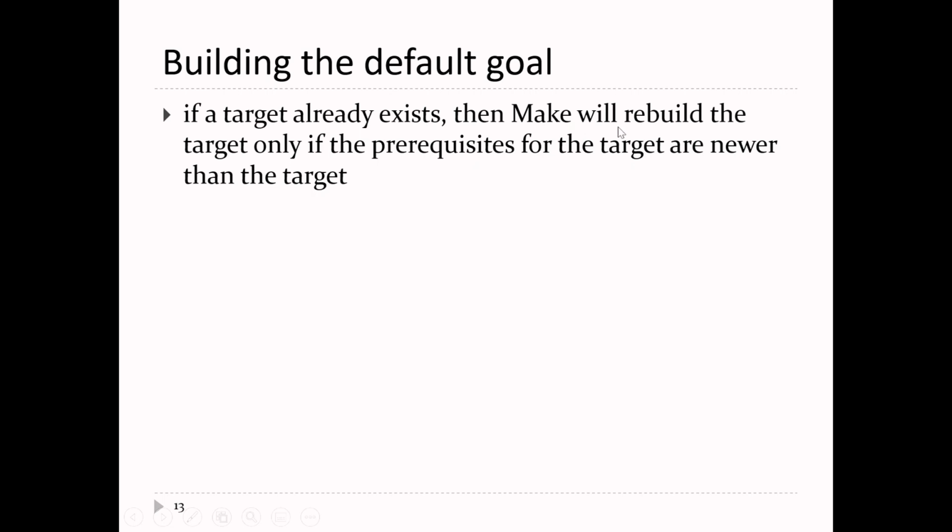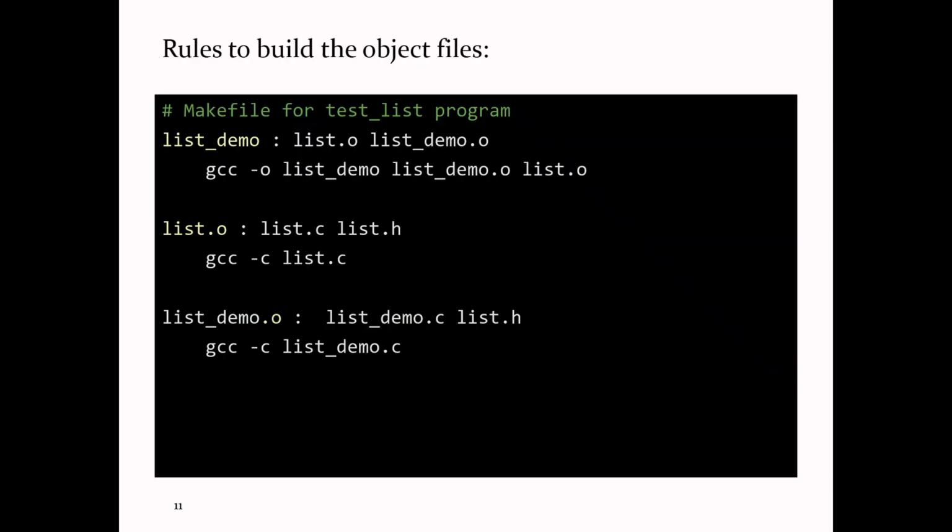If a target already exists, make will rebuild the target only if the prerequisites for the target are newer than the target. So basically what make does is it looks at the timestamp on the file and determines if the timestamp on a prerequisite is newer than the target. So if, for example, make looks at the timestamp for list.o, and suppose the timestamp for list.o is after the currently existing listdemo program,